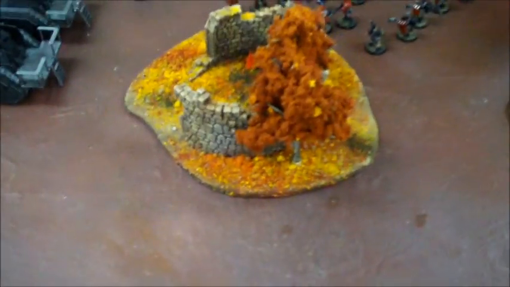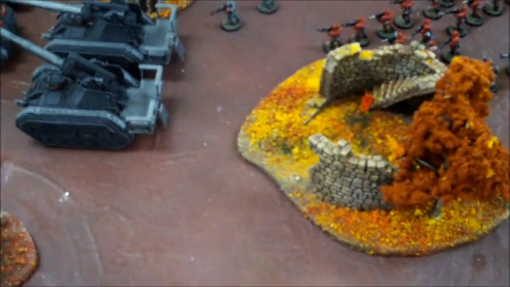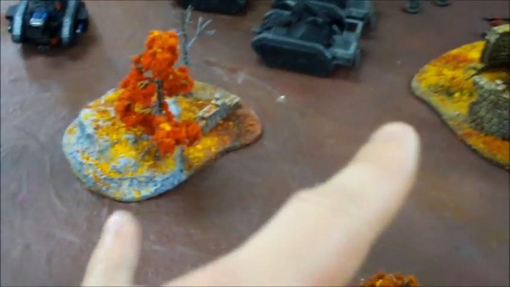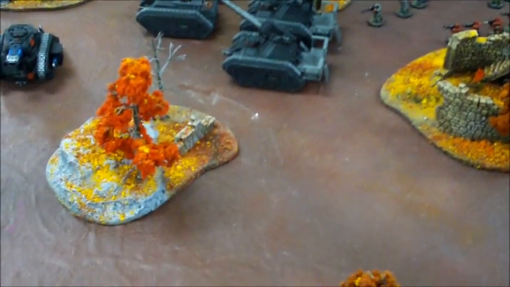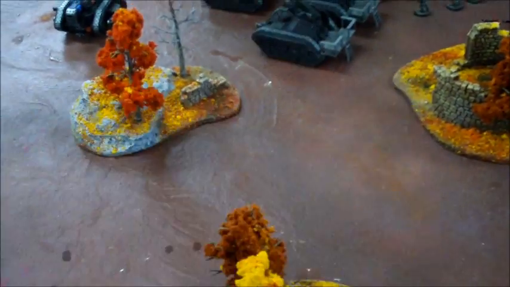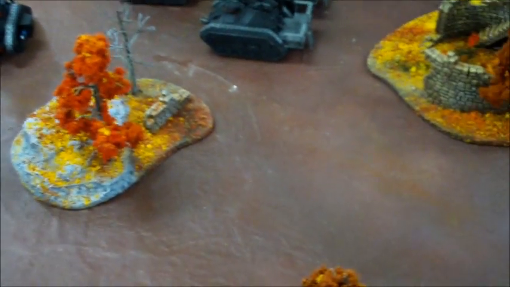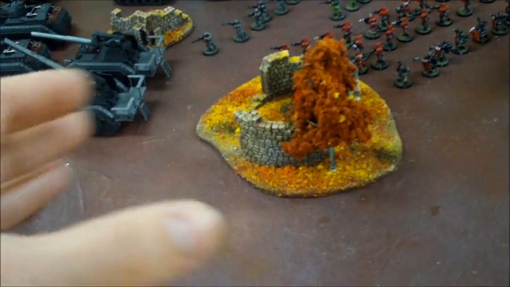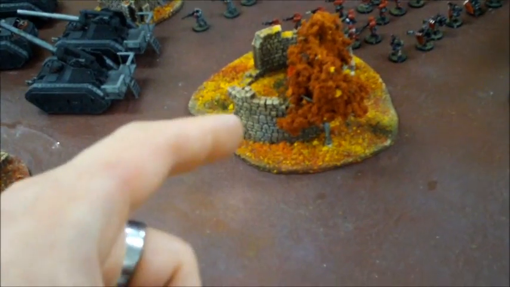Okay, so we decided on doing a mission called Kill, Maim, Burn, and what that is, table quarter setup, and the main objective is kill points, but HQs are worth 3 kill points rather than 1. Additionally, there's a secondary objective which is table quarters, and to control the table quarter, of course, you need a troop in it, but it cannot be contested by anything other than enemy troops. So, for instance, if he controlled this table quarter,